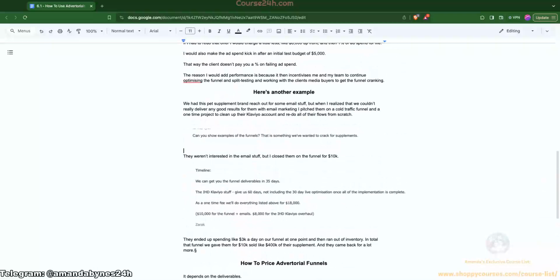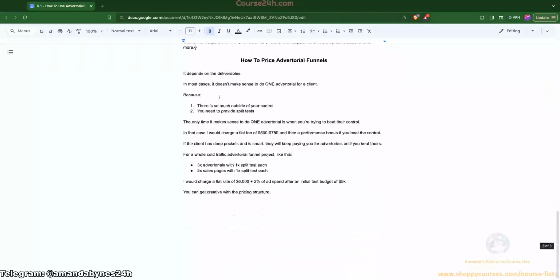And I've got countless. I've got like 7 or 8 more. I've also got ongoing stuff. So if you become like an email client of mine and you're a brand owner, I've got a bunch of ongoing stuff going on with the clients who work with us on email, where we don't charge them anything upfront because they already pay us a retainer and a rev share for their email management. And we just kind of do a percentage of ad spend only on their funnels. But in order to get to that point, we have to trust the client and the client has to trust us. So we don't do that for everyone. It's only for existing